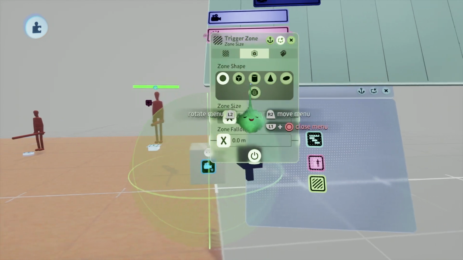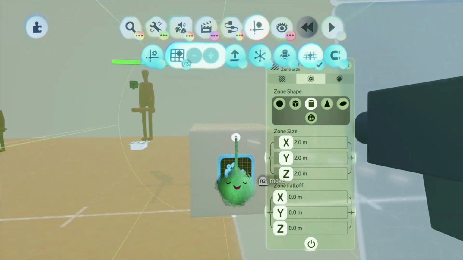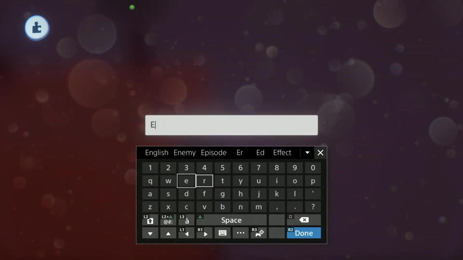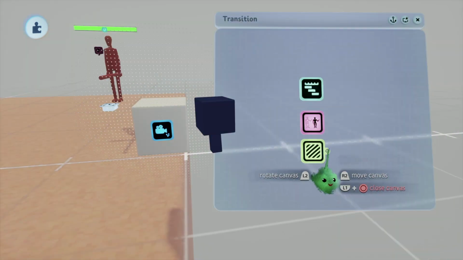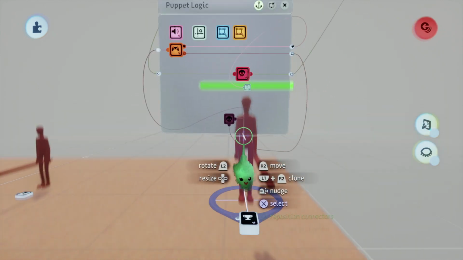And we're going to create a zone. This is going to be a zone of detection. Trigger zone. And when it detects an enemy, it will begin the process. Not only that, but once we've...